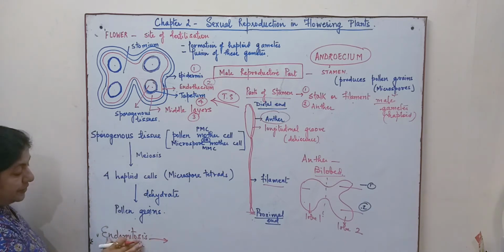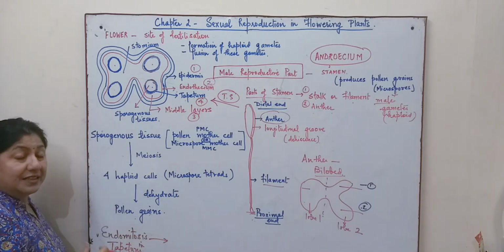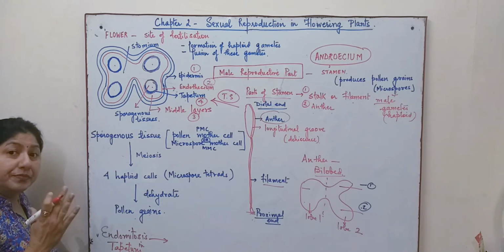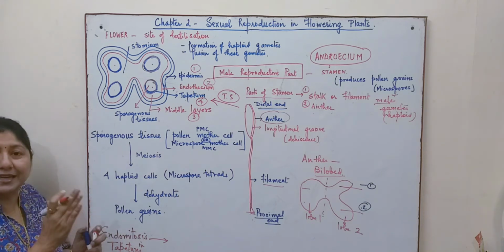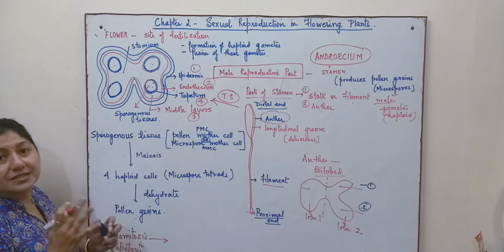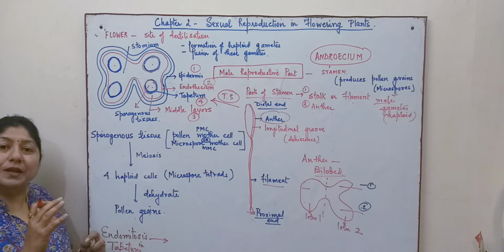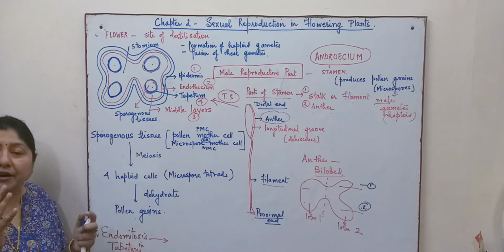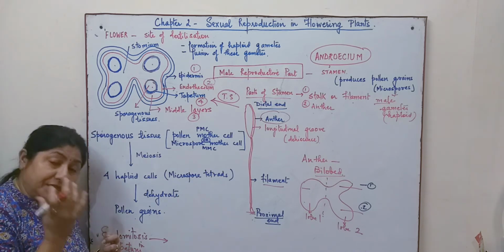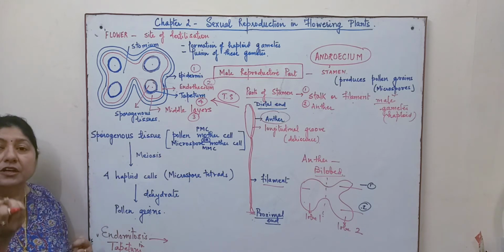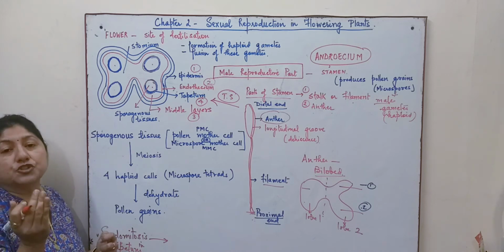this endomitosis causes division in the cells, and there is karyokinesis, but there is no cytokinesis. That means the cell does not divide, and as a result it is rich in nucleus and has dense cytoplasm. The cytoplasm of tapetum has other organic molecules, as well as it is rich in protein. This is important because later on it helps in the formation of